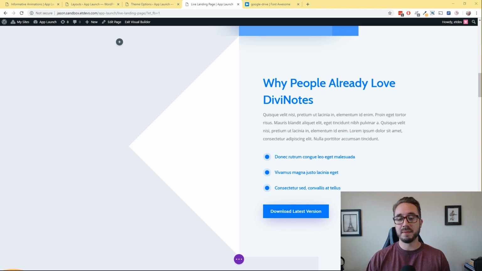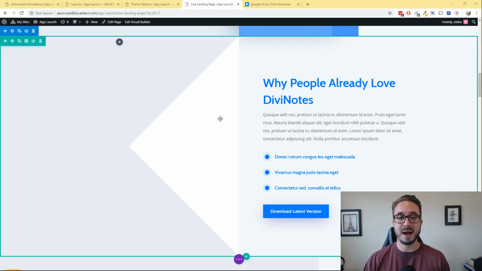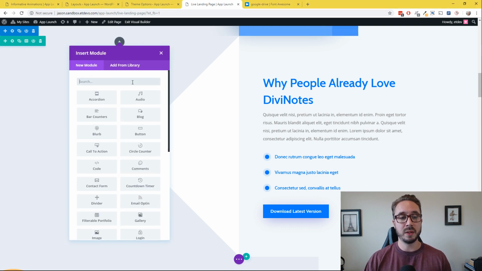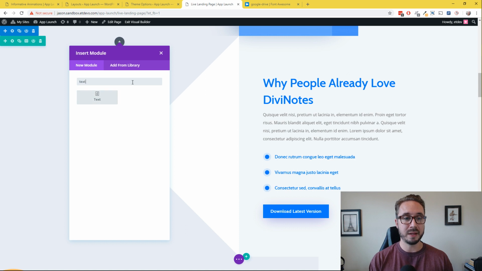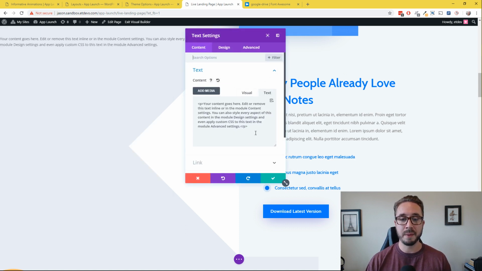All right, so we have our Font Awesome installed. We have imported our landing page to a new page. And then now what we're going to do is start building this 5-star animation. So to do that, I'm just going to create a new text module, add it to column 1 here of this 2-column layout. And I need to grab the